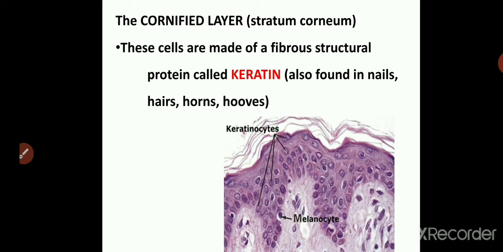Now, because of the keratin, it becomes a waterproof and germ-proof layer. It is cast off in small pieces at intervals. That is, we shed our skin at intervals during our lifetime. On an average, a person sheds about 23 kgs of skin in this manner in the whole lifetime. And at the rate at which we shed our skin, we also develop new cells. They are formed in the lower layers. So it is balancing the thickness of the epidermis.